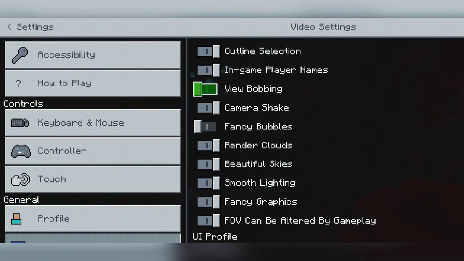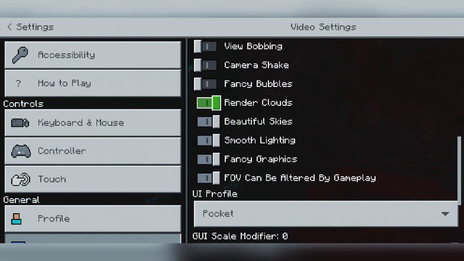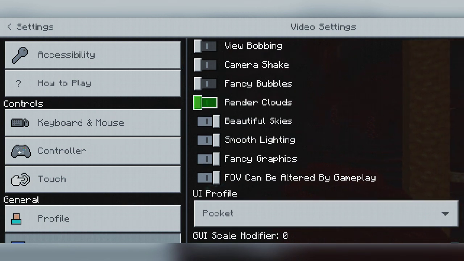After that we have camera shake. So camera shake also lags your game. You will get less FPS than you should if you have camera shake on. So to remove that lag, all we have to do is just turn off camera shake. That's it.